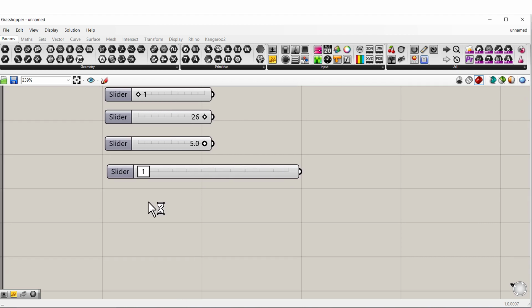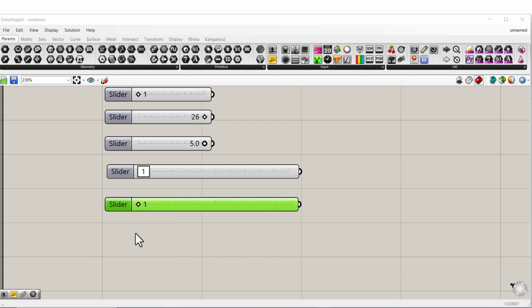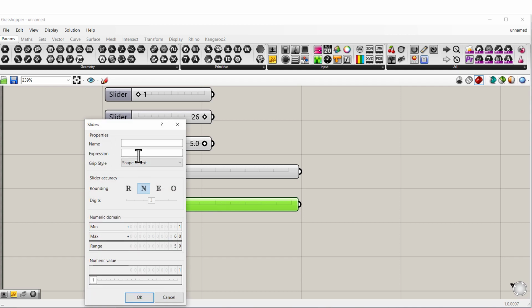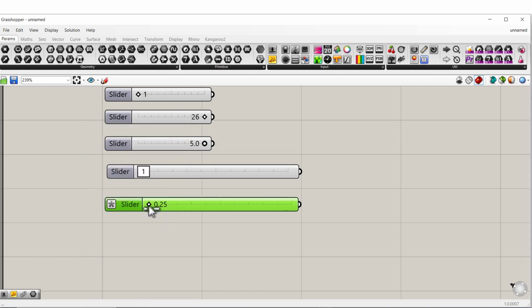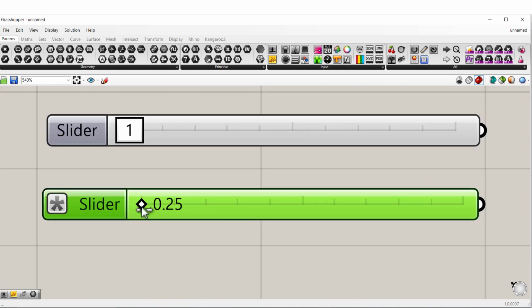And finally, I'm going to make one from 1 to 60. Hit enter, and look what I'm going to do. Very careful. Right click, edit, expression. X multiply by 0.25. If I hit OK, notice 0.25,